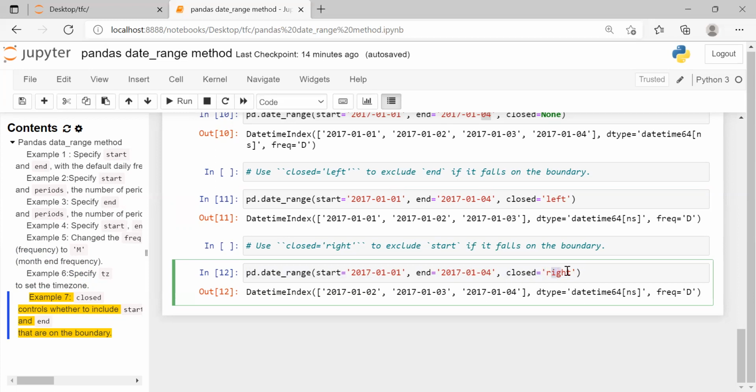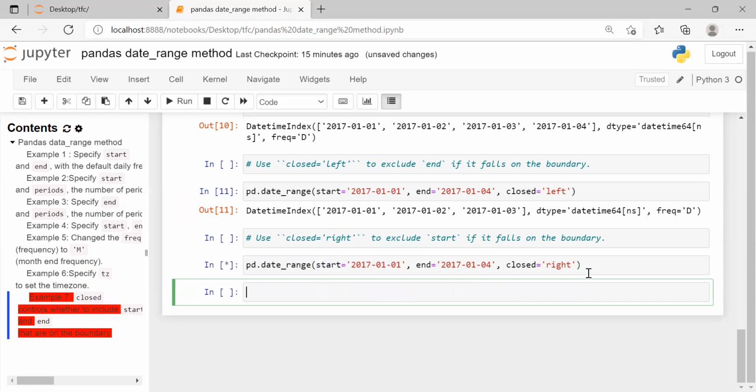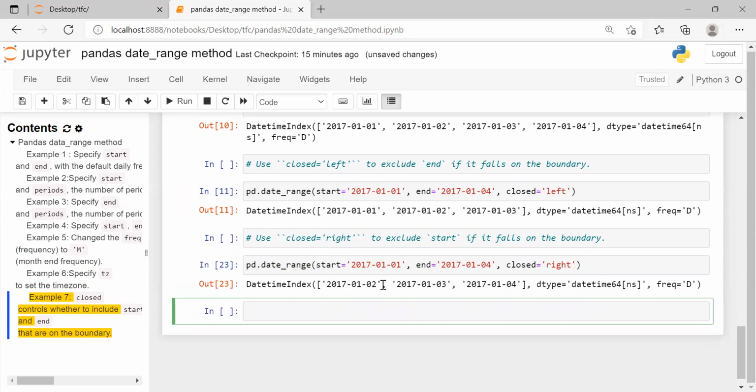If you give the keyword argument closed equal to right, then the start date will not be included in the result. So click on the cell and run the cell. You can see dates were generated in datetime format, but the start date was 2nd Jan 2017, 3rd Jan 2017, 4th Jan 2017 with the daily frequency, and the start date was not included.